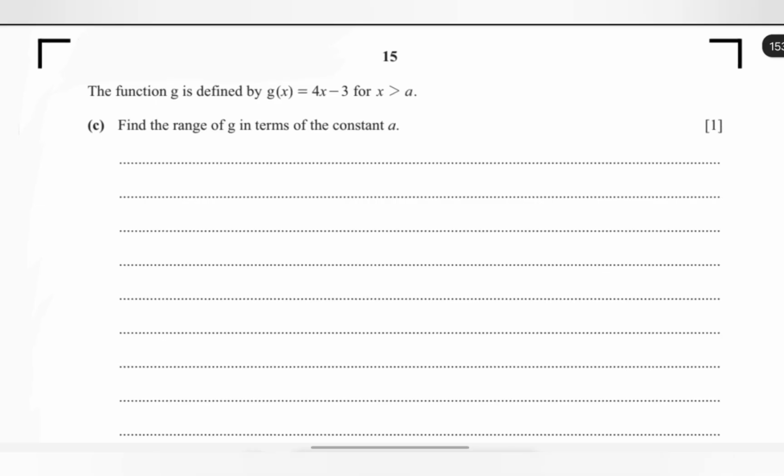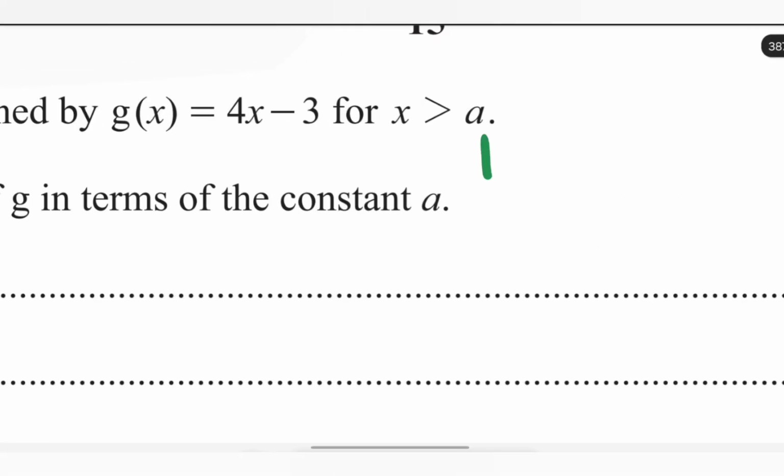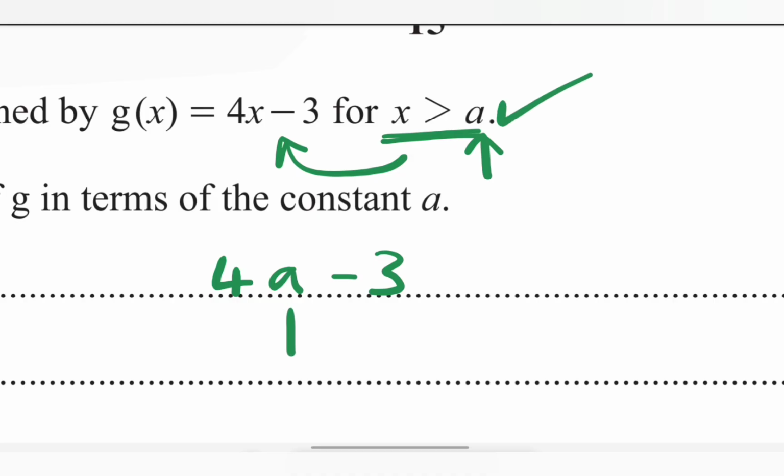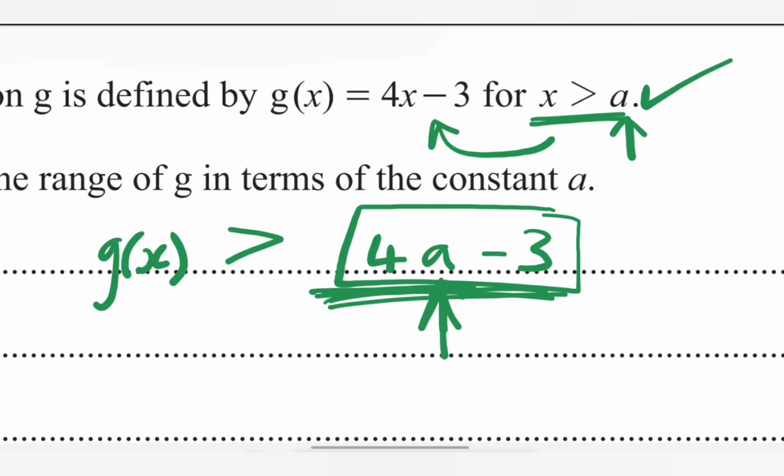And for part C, it says the function g is defined by g of x being equal to 4x minus 3 for x being greater than a, and says find the range of g in terms of the constant a. And so for this, I'm just going to substitute this a into this expression for g of x. So that would be 4a minus 3. And if x is going to take only the values that are greater than this a, that tells me that this g of x, the range of g of x rather, will always be greater than this,